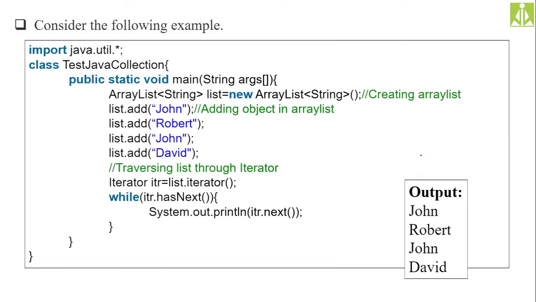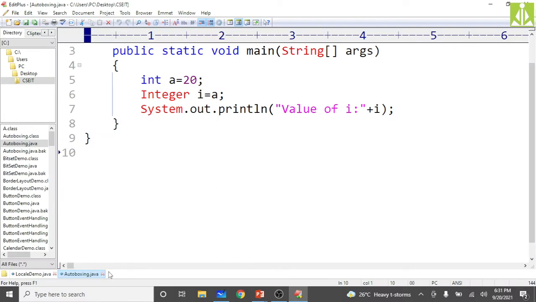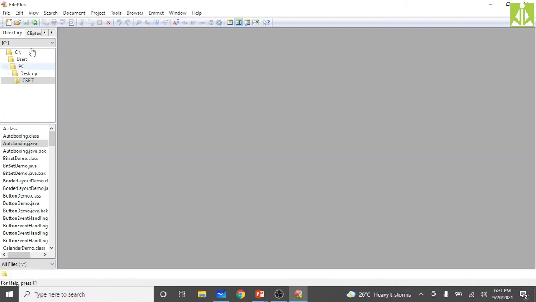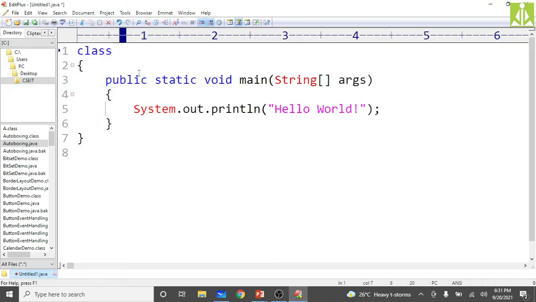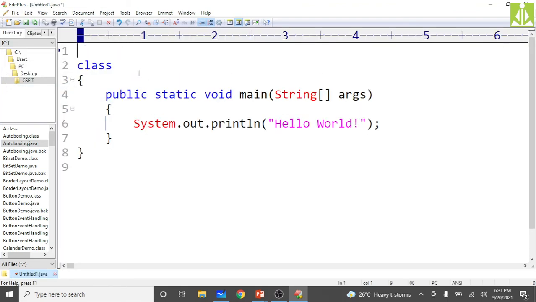In this EditPlus, I will close this one and take a new Java file. I need to import the util package, as all the classes and interfaces of Java's collection framework are part of the util package.